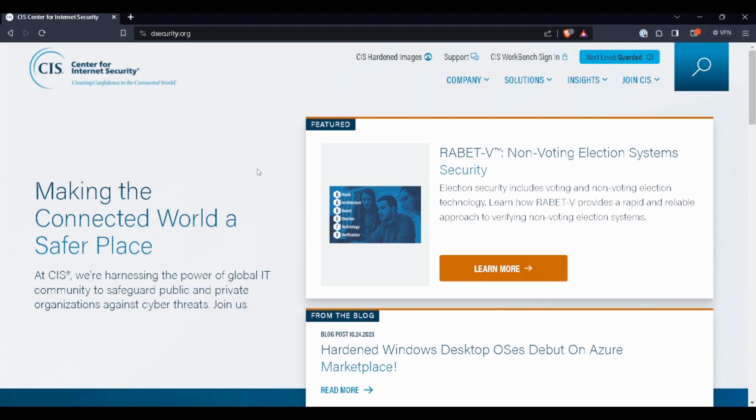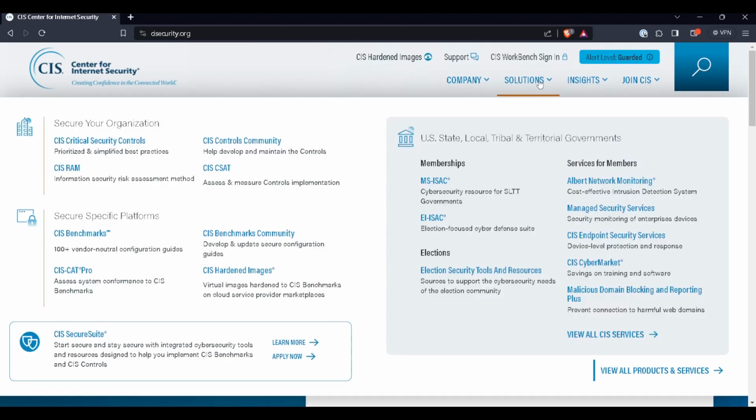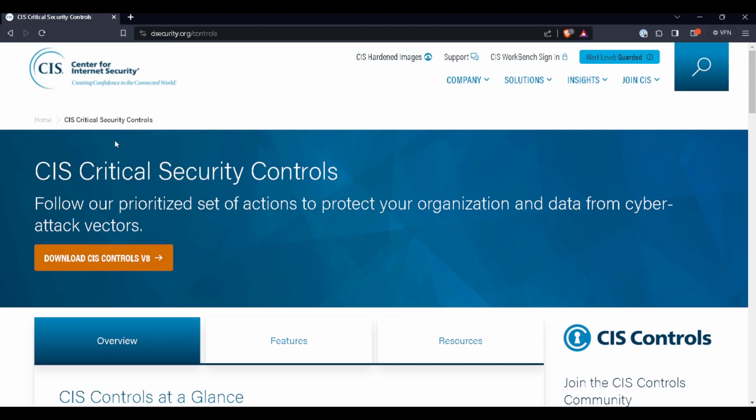Let's go to cisecurity.org. Once the page loads, move over to Solutions, and under the drop-down, select CIS Security Controls. Here we have a few different options, including downloading the controls, but what we want to do is move over to Resources.